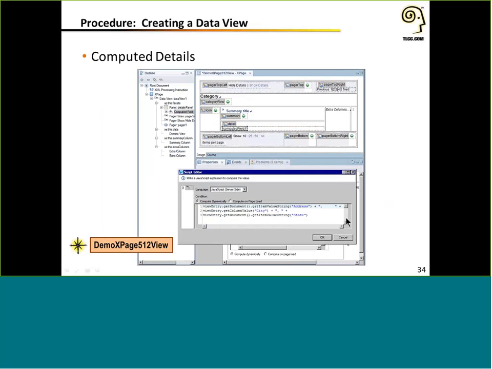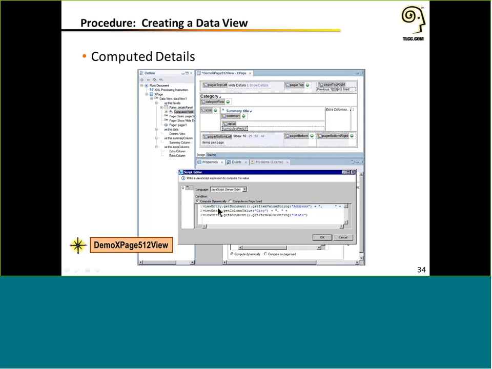Okay, so let's take a look at how we can start to customize the details in the data view. As we can see in this example up here, we've put a panel inside the detail facet and dropped a computed field inside of it. And this will set up the example shown in that first screenshot, where when you expand a name, you see an address underneath it. If you can see down here, the value of this computed field, remember viewEntry was the name of our var. So that gives us a handle to the XSP view entry object that underlies each row in the data view.